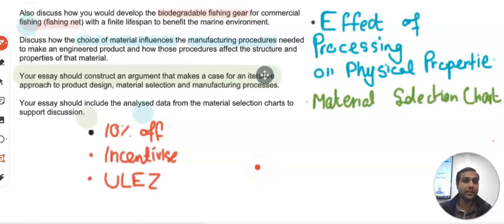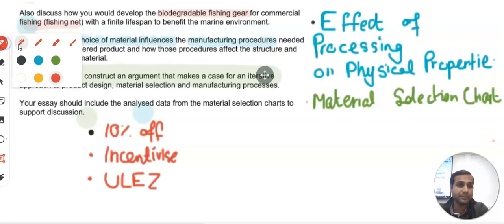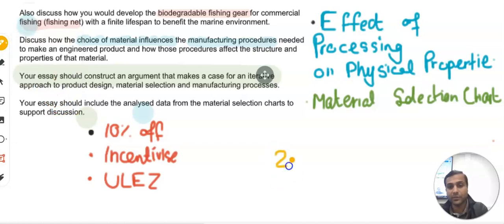Okay, this is the second video on your assignment guidance for assignment number 2. Here it says your essay should construct an argument that makes a case for an iterative approach to product design, material selection, and manufacturing process. Obviously, the word count is 2000 words. So the total word count, if I write it down here, is only 2000 words